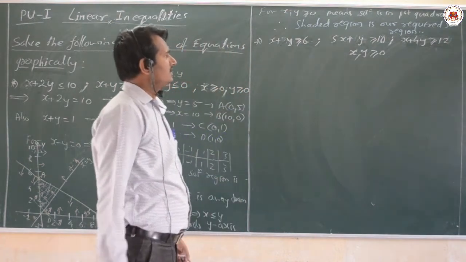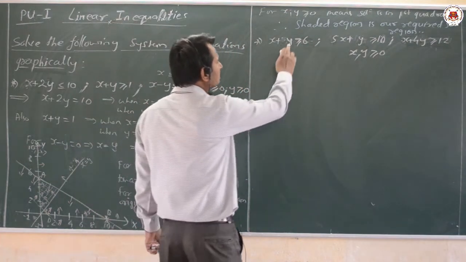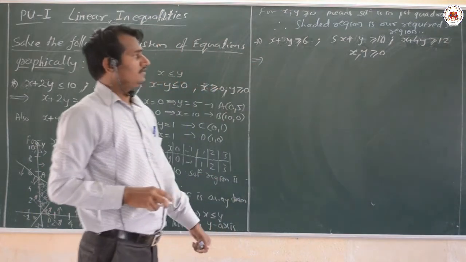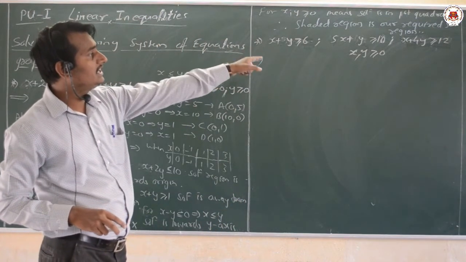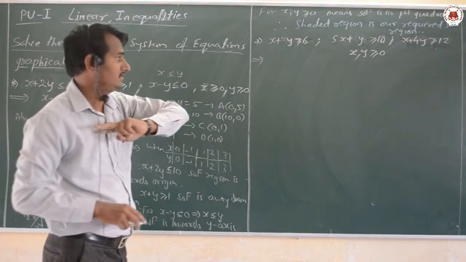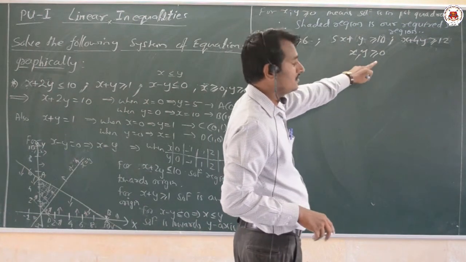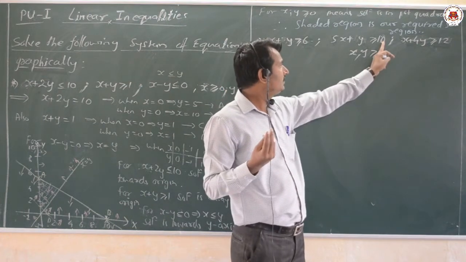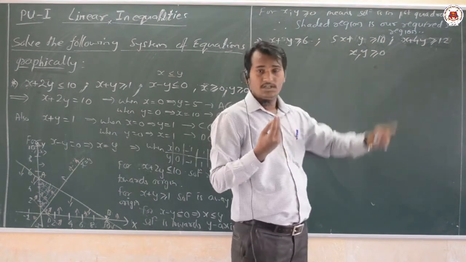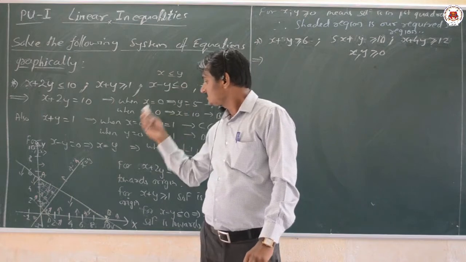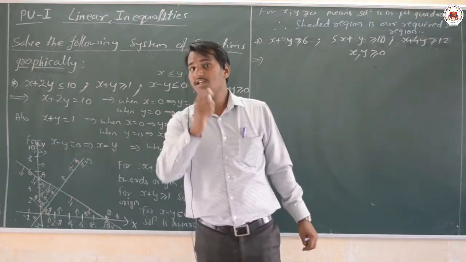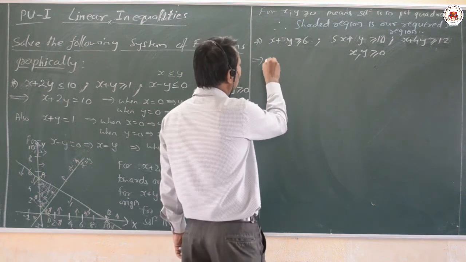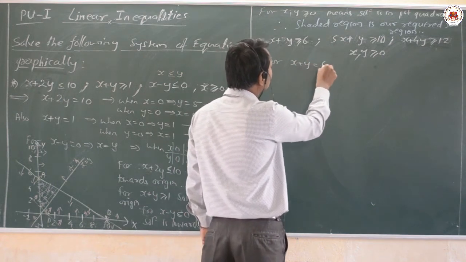Now let us move on to the second one, that is x plus y greater than or equal to 6. For the second problem there are 3 inequalities, that means we have 3 lines, and x greater than or equal to 0 and y greater than 0 means it comes in the first quadrant. We always have to observe that in inequalities, if the RHS value is 0, it means it is a straight line passing through the origin. That is a very important concept here.